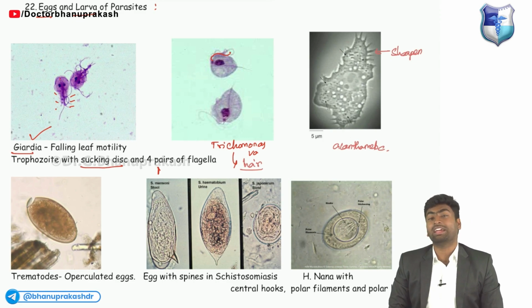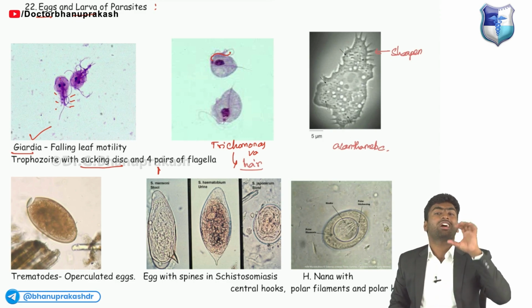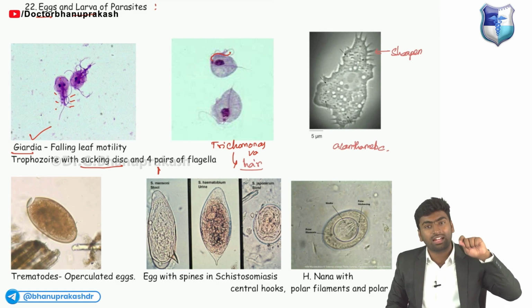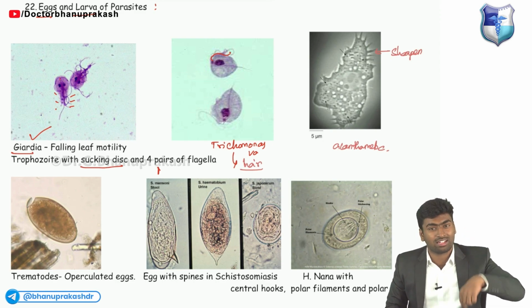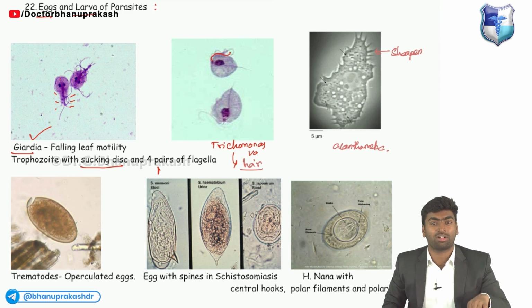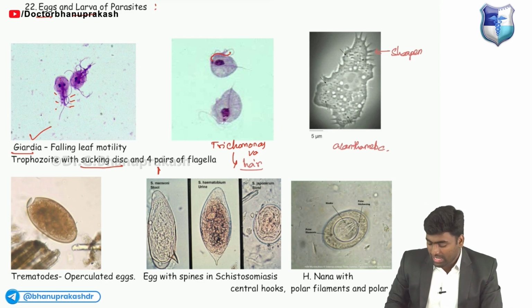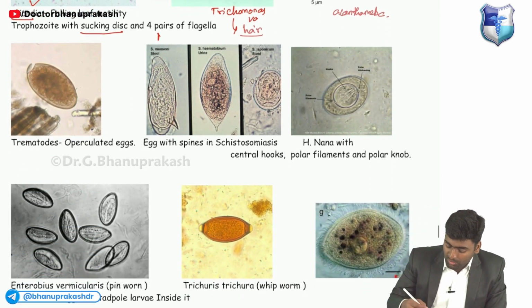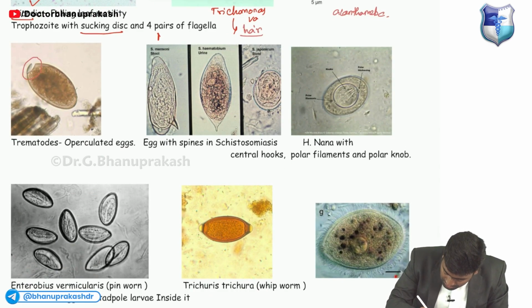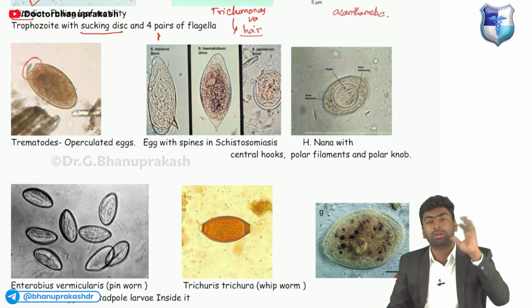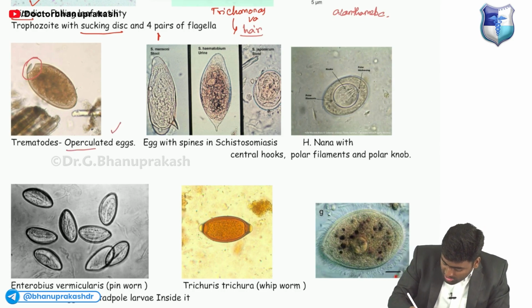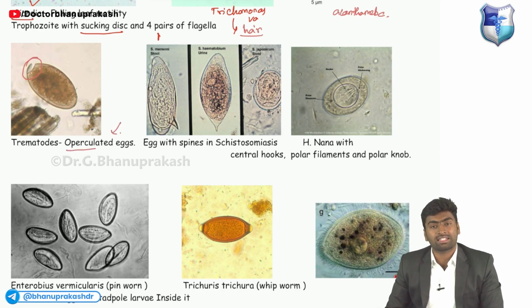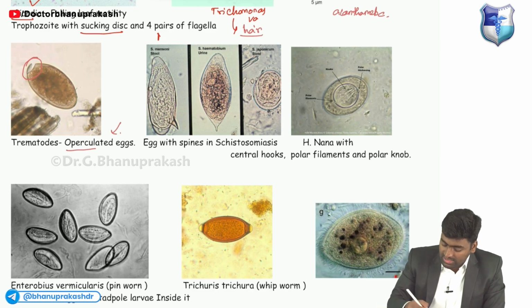This Acanthamoeba is the most common cause of corneal ulcer in contact lens users who wash their contact lens in running tap water. Fine. And we'll check a few eggs. We see barrel-shaped eggs having an opening, which is known as operculated eggs, which are most commonly seen in all cases of trematodes and cestodes,